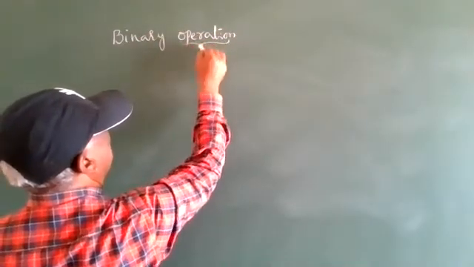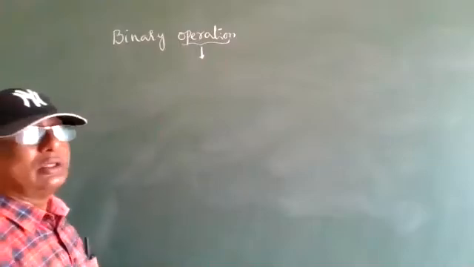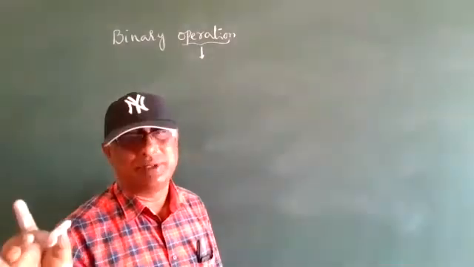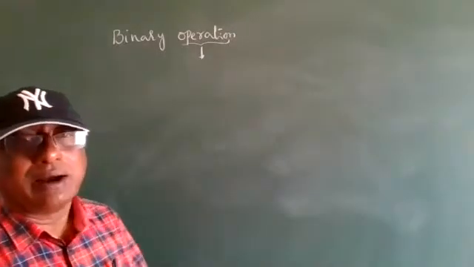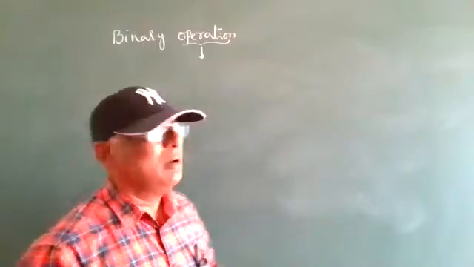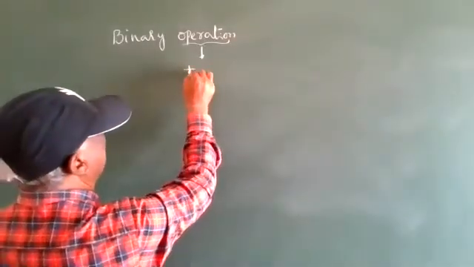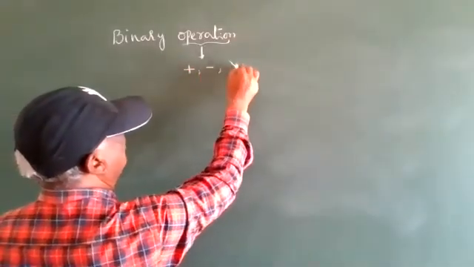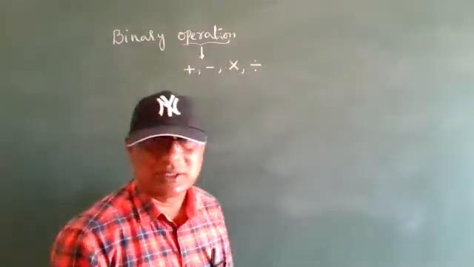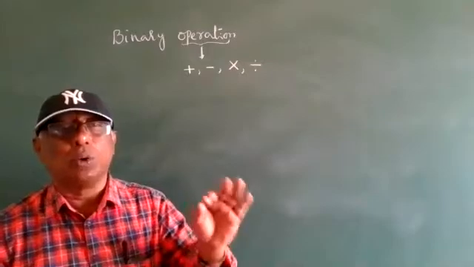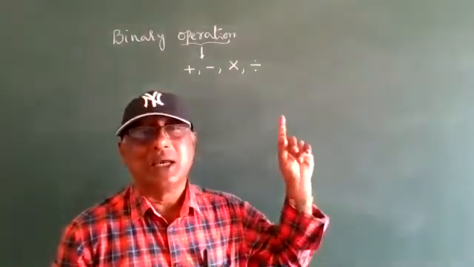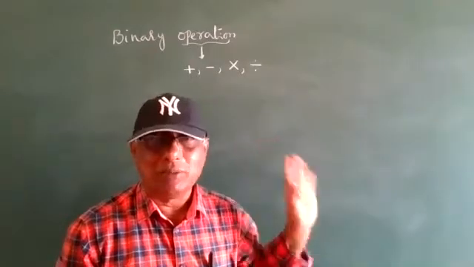Here, operation means we are going to use these symbols: plus, minus, multiplication or division. So that is the symbol. Not a hard operation here. Binary operation means symbols. What are the operations? We can take either plus or minus or multiplication or division. These are called operations. Okay? Binary means closing of operation by plus, minus, cross or division in this system only.